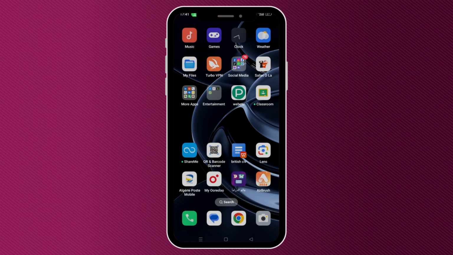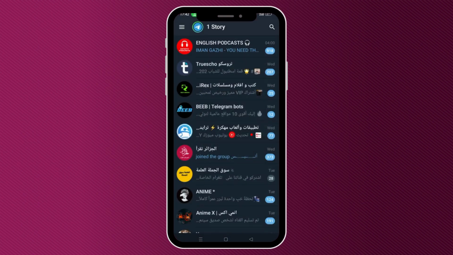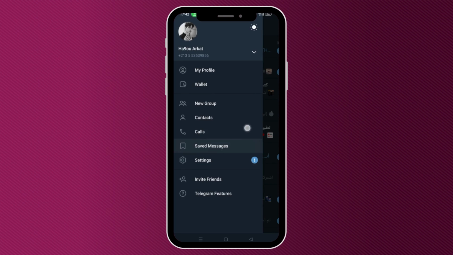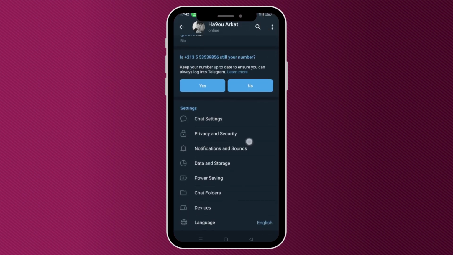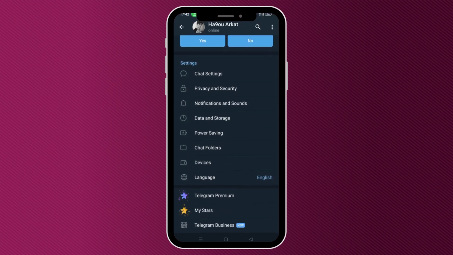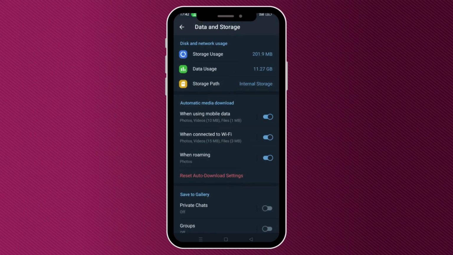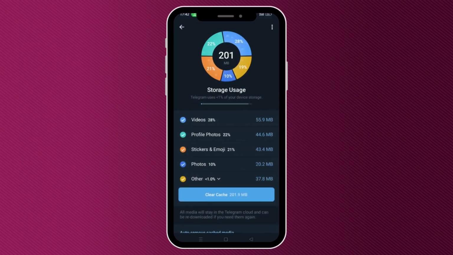So in order to do this, first thing that you're gonna need to do is clearing cache. And to do that, you wanna open up the Telegram app, and as you can see, you're gonna find yourself in the home screen. So press onto the menu icon in the top left hand corner and then press onto the settings option from the menu. Scroll down and look for the option that says data and storage and press on it, and after that press onto storage usage. So here's the clear cache button down here, so tap on it and then try again opening